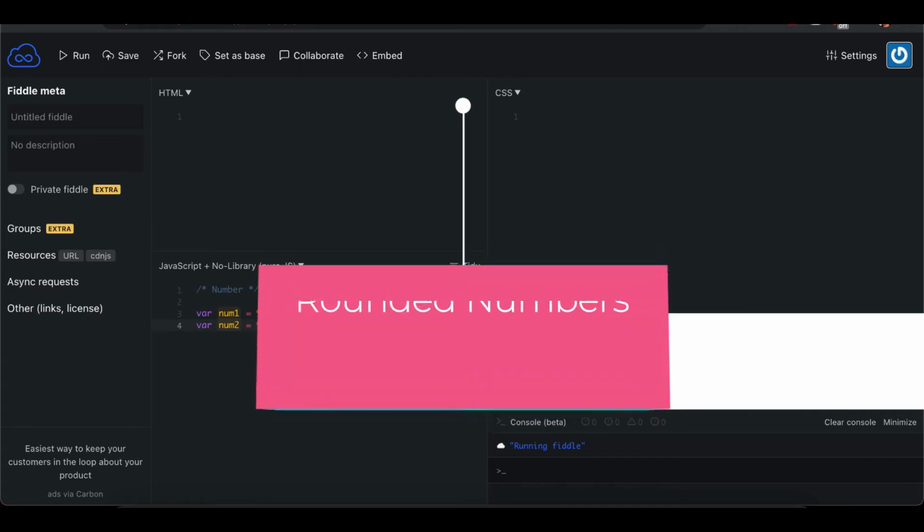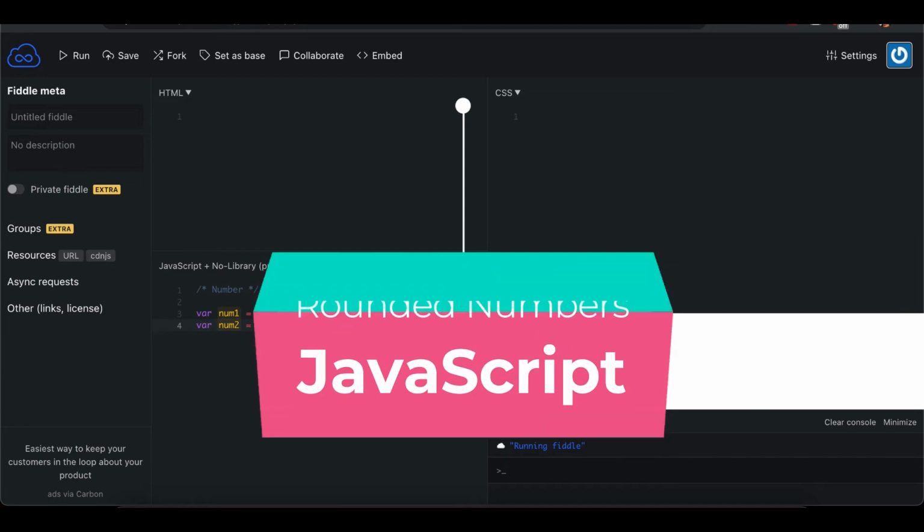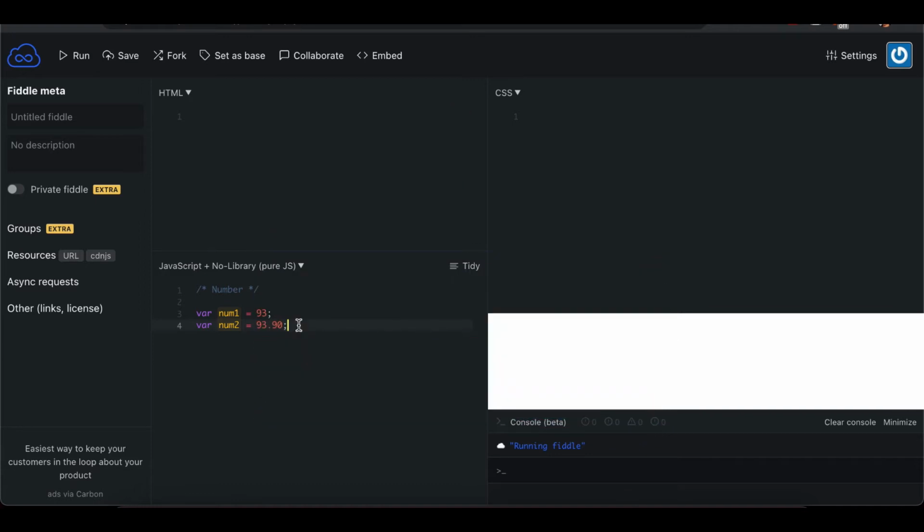There is one more thing that most people do not know about: numbers in JavaScript are considered to be accurate up to 15 digits. That means that a number will be rounded after the 16th digit is reached. So let's suppose we have a number num5, and we have 1 2 3 4 5 6 7 8 9 10 11 12 13 14 15. If I console.log it here and try to print num5,